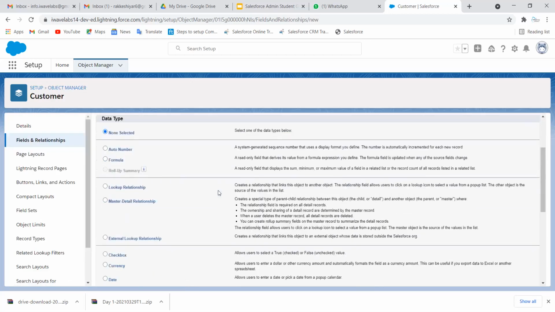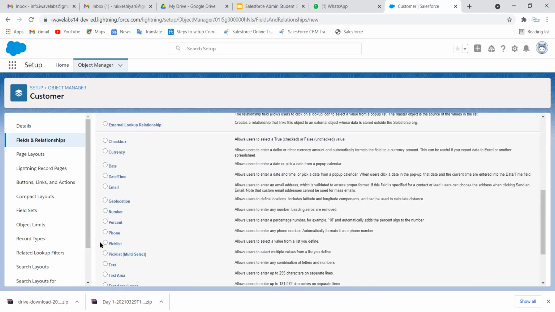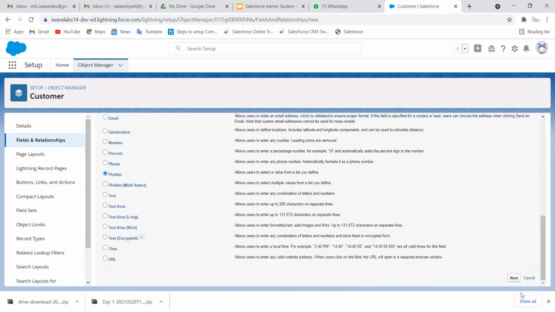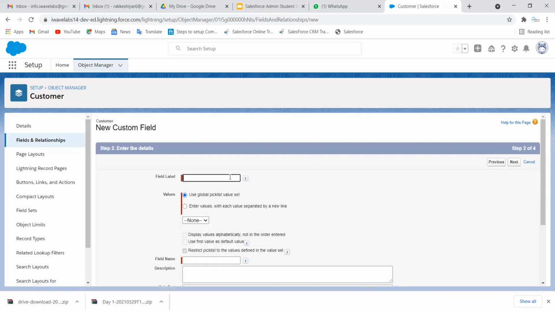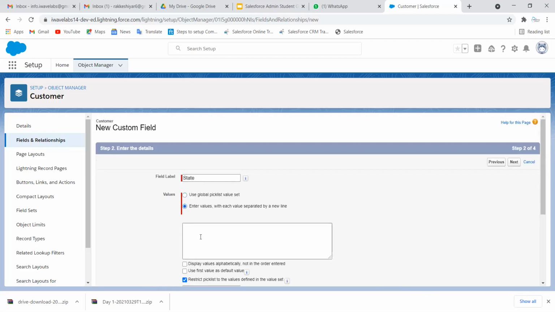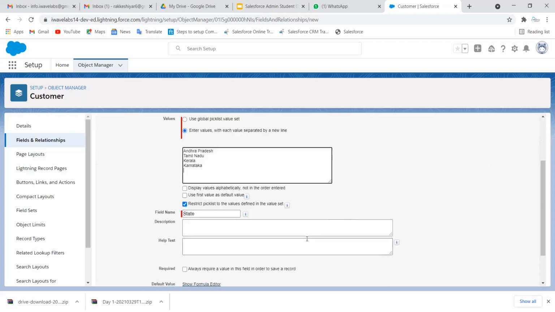Again, I'm going to enter the state now. And for state, again, I'm going to have a pick list here. Select the pick list. Click on next. And then I'm going to say state. Again, I'm going to enter the values here. So we can go with Andhra Pradesh, Tamil Nadu, Kerala, Karnataka, and so on, having all these places.